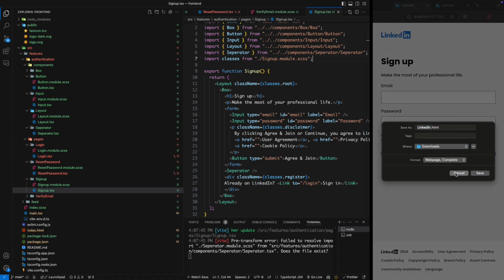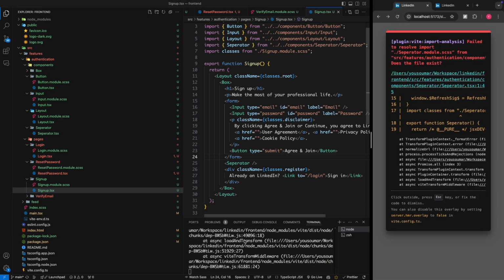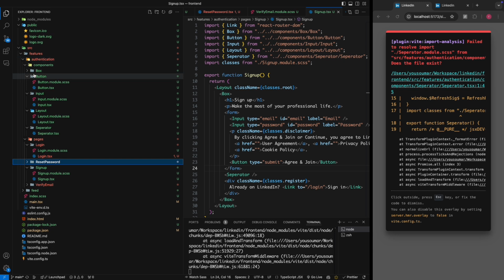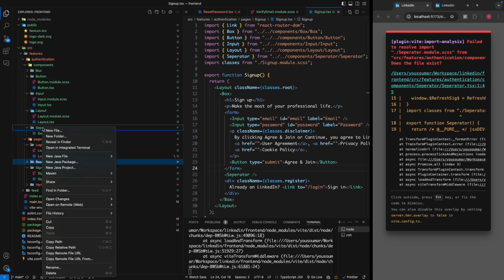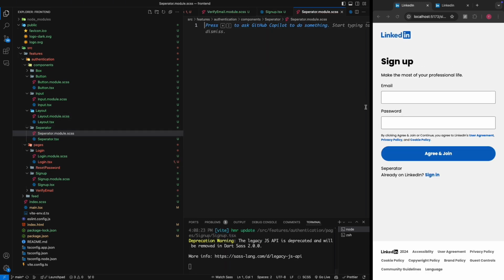Let me save all of this. Something is wrong. Okay, I know, here we didn't create the separator class. The separator is CSS, so let me create that. Separator.module.css like this. So now we have our separator, but it shouldn't look like this, right? So let me actually